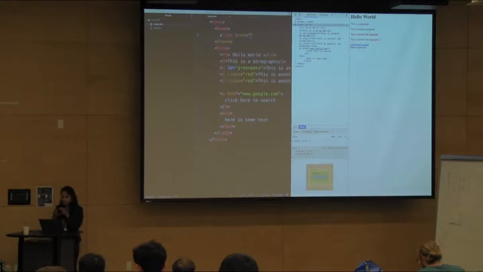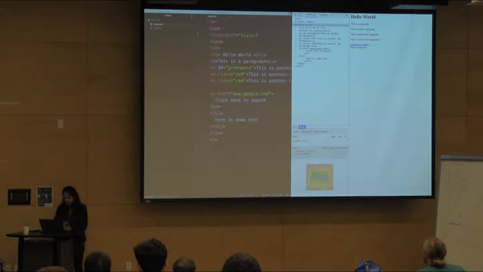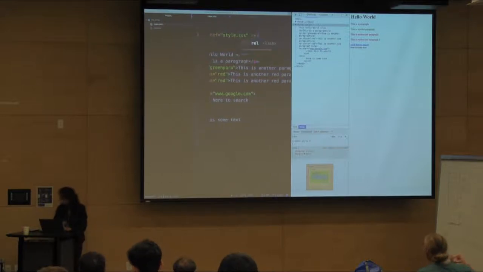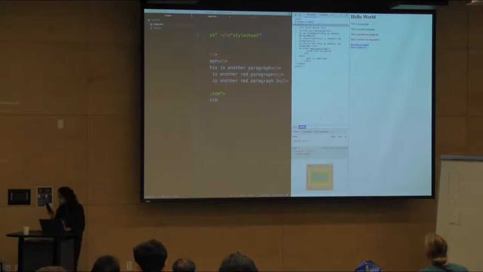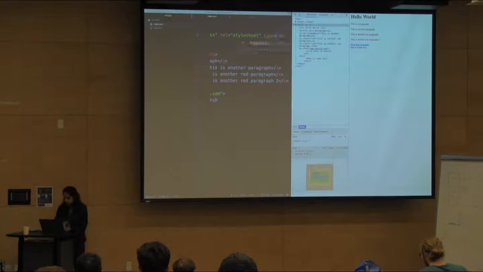I always forget this. Rel, yeah. Href equals style.css, rel equals stylesheet, and the last thing is type. Type equals text/css,